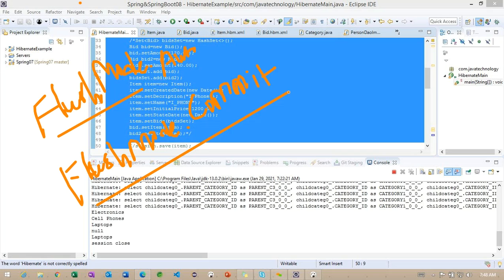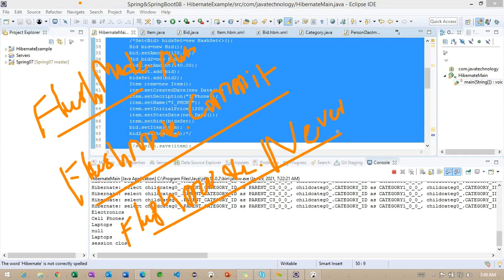Now, if we want, as a developer, to control it after executing the query, what can we do? We have another one that is called flush mode dot never. Whenever we use this, we need to explicitly call session dot flush.